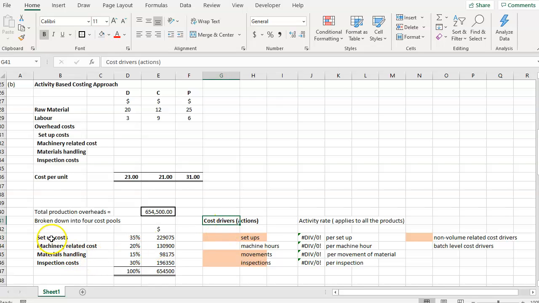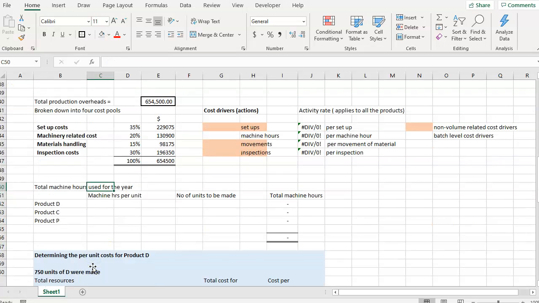So the setup costs are affected by setups. The machine-related costs are affected by machine hours. Material handling, affected by the movements of stock, and inspection, affected by the amount of inspections